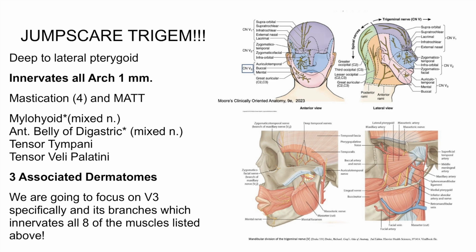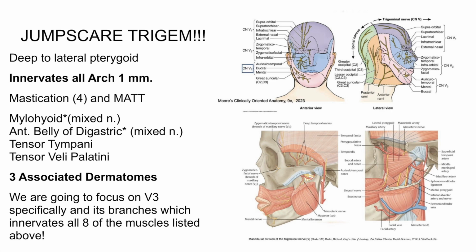The key spatial relationship is that V3 runs deep to the lateral pterygoid muscle, so anytime you're in this region anatomically, you should assume V3 and its branches are nearby. So functionally, V3 is unique because it's the only mixed branch of trigem, meaning it carries sensory and motor fibers, unlike V1 and V2, which are purely sensory. So from a motor standpoint, V3 innervates all the first pharyngeal arch muscles, which is high yield, right? That includes the four muscles of mastication, which are masseter, temporalis, medial pterygoid, and lateral pterygoid, as well as the